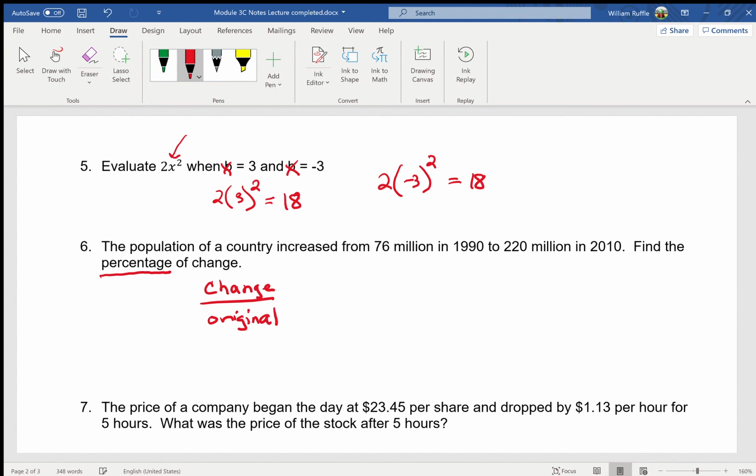So, to find the change, I went from 76 to 220, so I have to subtract. When I do 220 minus 76, I get 144. I put it over the amount I started with. Well, I started at 76 million, so I put it over 76. Then I let the calculator do this for me, and I get